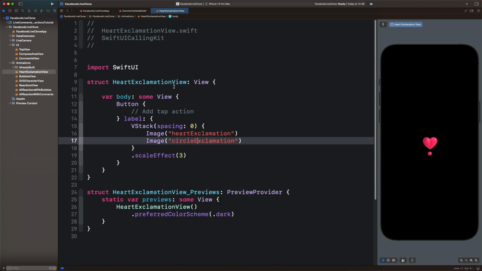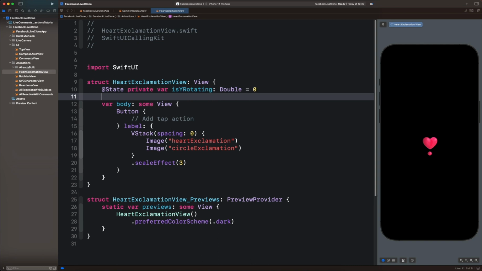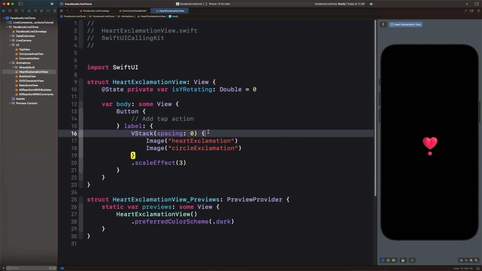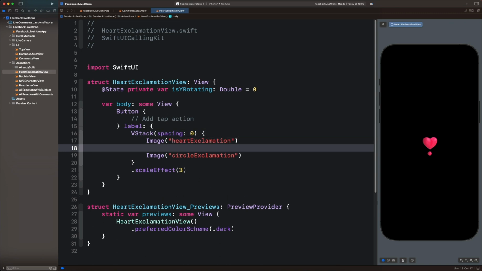To create animations in SwiftUI, you need a state that says the initial state of the animation. Let's begin by creating this state, isYRotating, and set it as Double. So this is the initial rotation angle. When you look at the ZStack container, it has two images, the heart icon and a circle. So the animation will only be applied to the heart icon. We want to trigger this animation automatically when the view appears. To do that, we can add the onAppear modifier